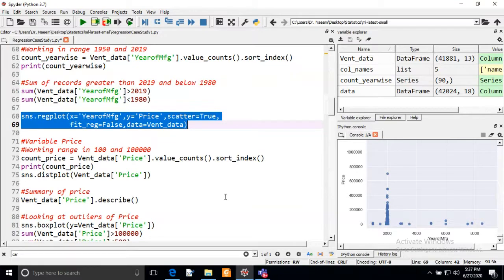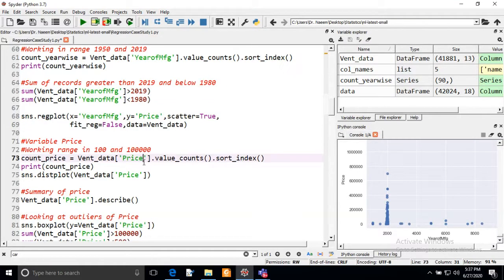And we can also see the working range of price using the value_counts function, and we will sort, then use the count_price variable, and it will show.